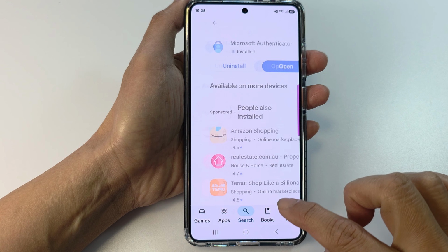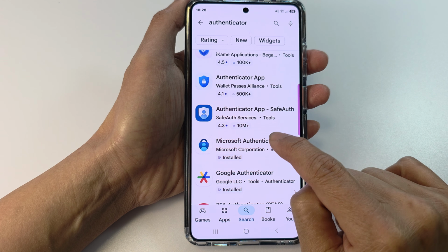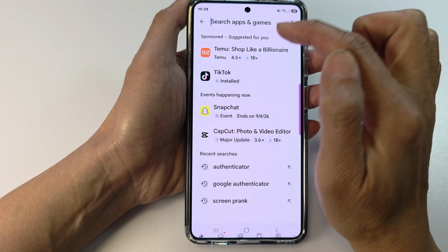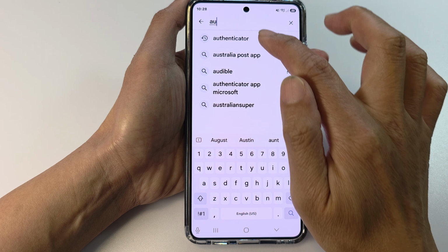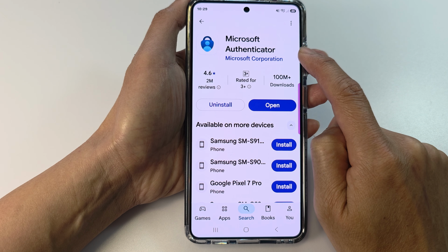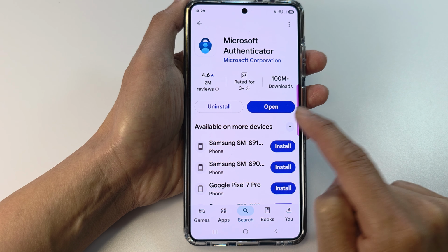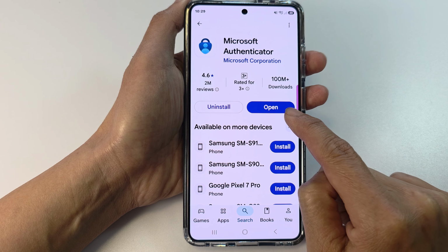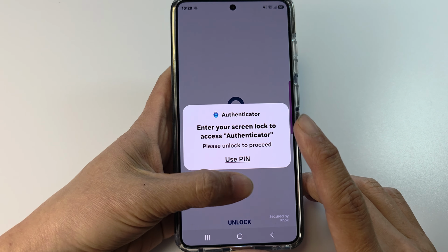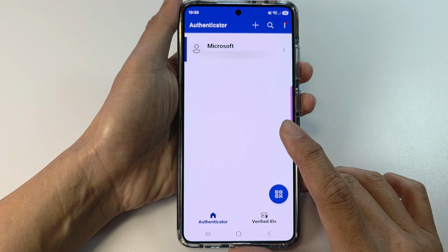In Play Store, make sure you already installed the Microsoft Authenticator. If not, you can use the search button and look for Authenticator app. Go down and tap on Microsoft Authenticator and tap on the install button. Now I have already installed it, so you can simply tap on the open button, sign in to your account, then